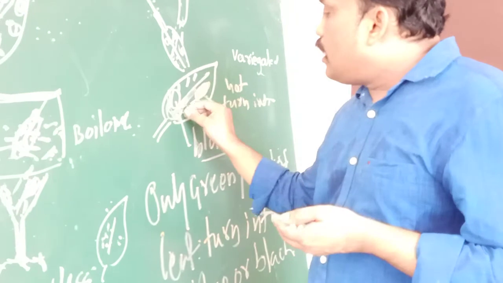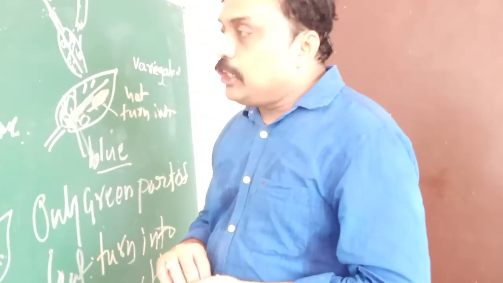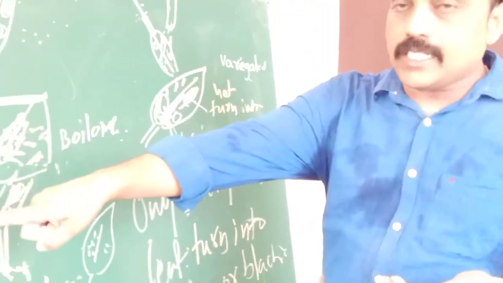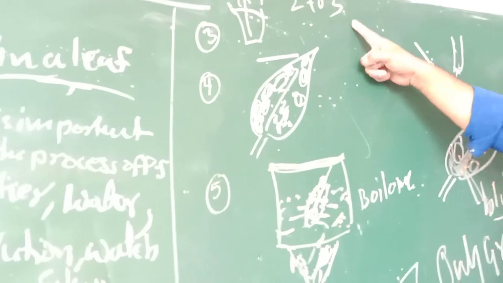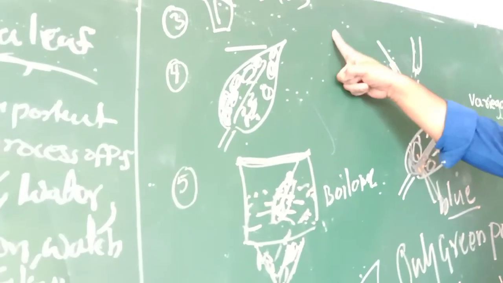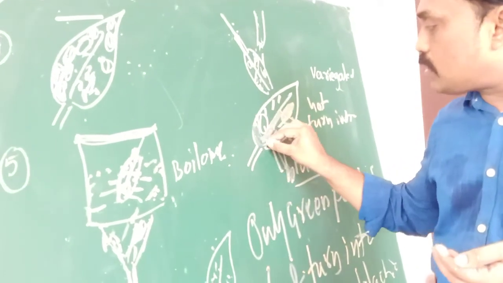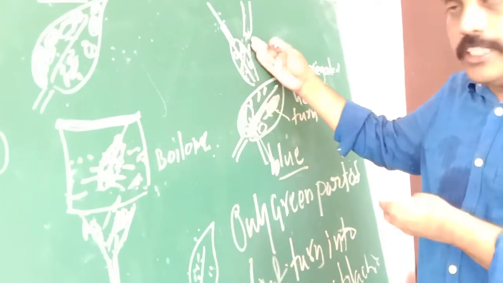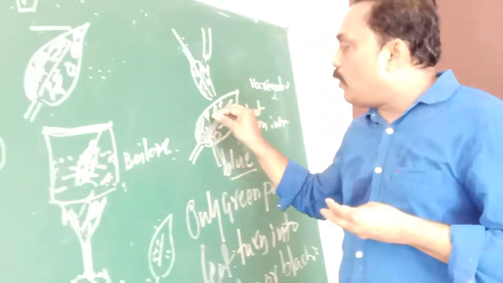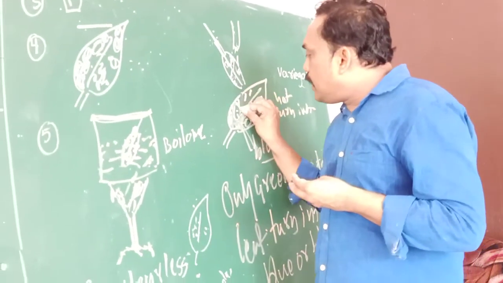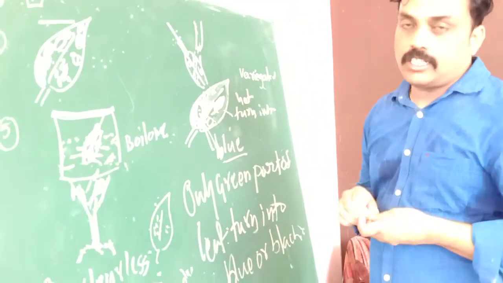The green part contains chlorophyll. After removing the starch, we kept the plant for 2 hours in the presence of sunlight. In those 2 hours it prepared a little food, and that food is stored in the green parts only. It is not transferred to the yellow patches, so the yellow patches do not turn blue or blackish. Only the green part turns blue or blackish. That is very, very important.